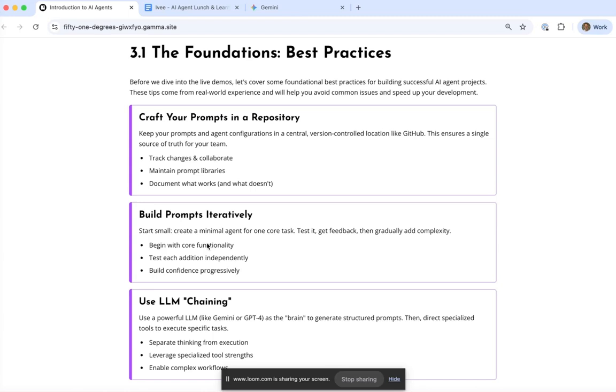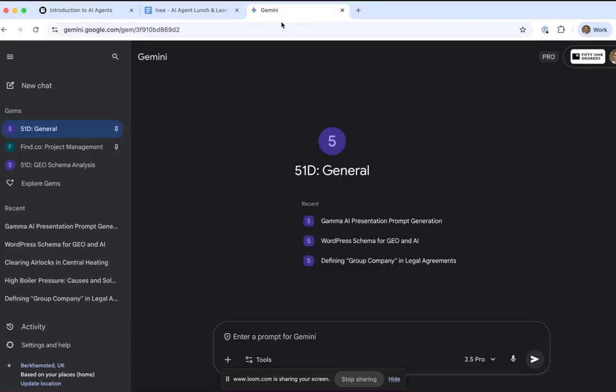I've also done some other stuff in Google Gemini, which makes it a lot easier for myself. So, for example, here we go. I have these things called gems, and these gems are a bucket that is tailored around a specific thing. So, for example, I have gems for certain clients that I work with, or other things, including this 51D general, and that's basically my general gem.